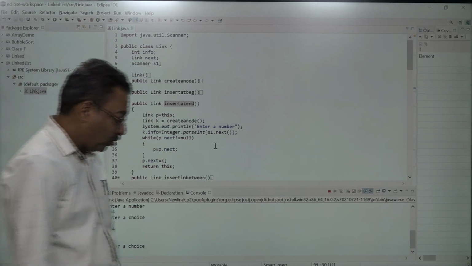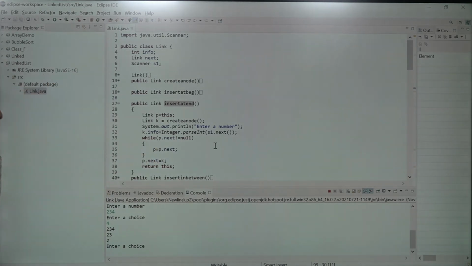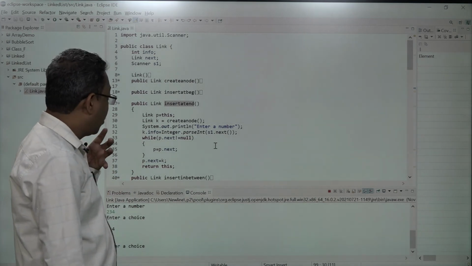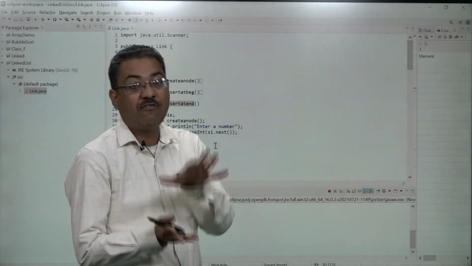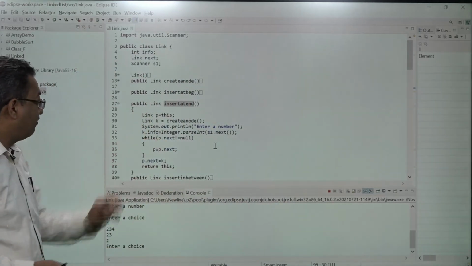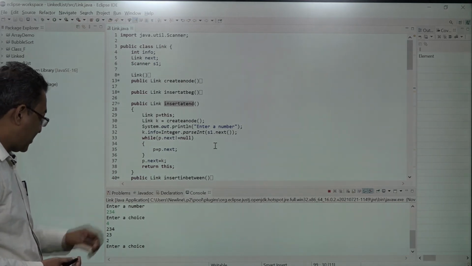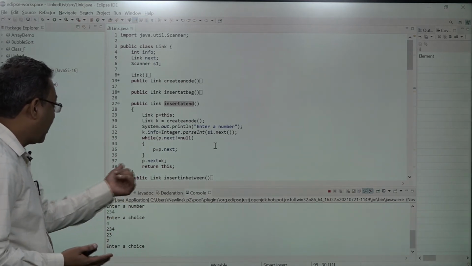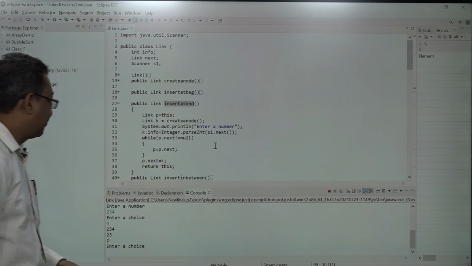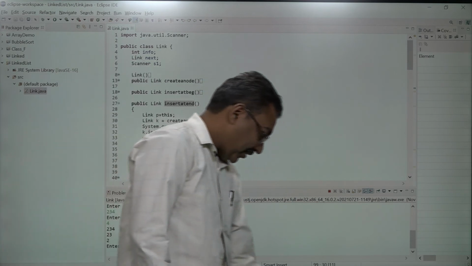Right? What I am doing, I am checking p dot next is not equal to null. So here I have not made use of temp. That was an additional one, because we are going with this example where we are already with a node. So we can go for while p dot next is not equal to null, p equal to p dot next, and then p dot next equal to k, and then we are returning this itself. Can we return it? Yes, of course. Now let's see it working.